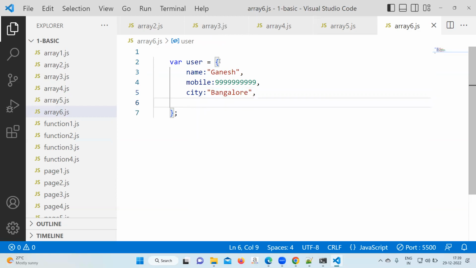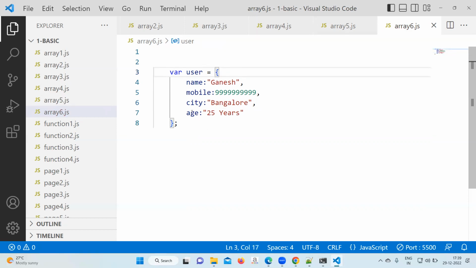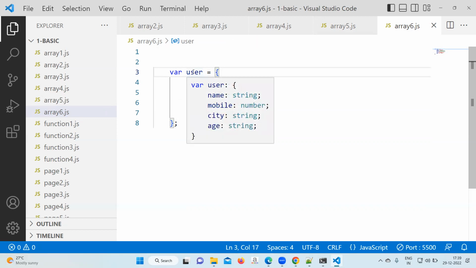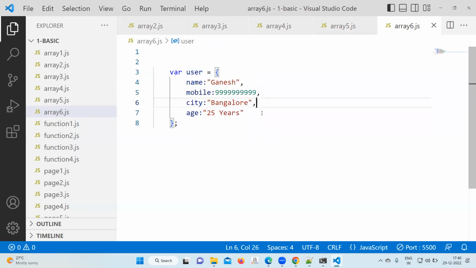Again, you write one more property. Okay. Now after this, user becomes an